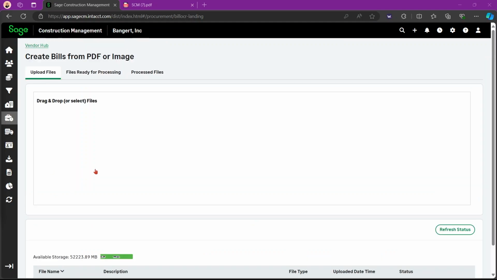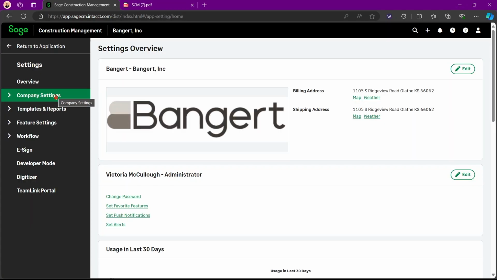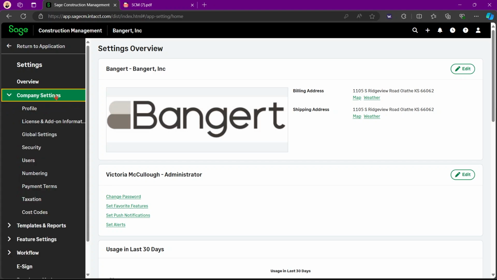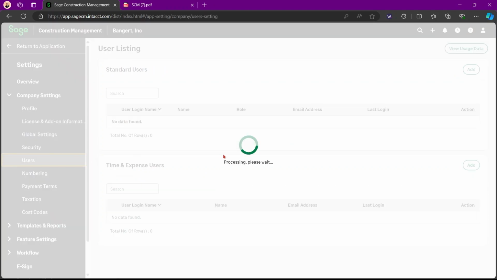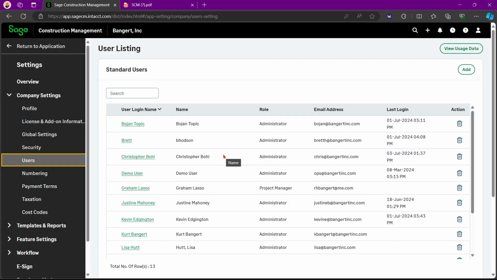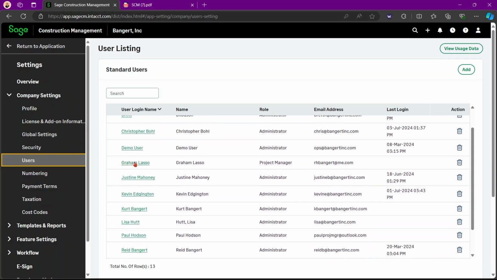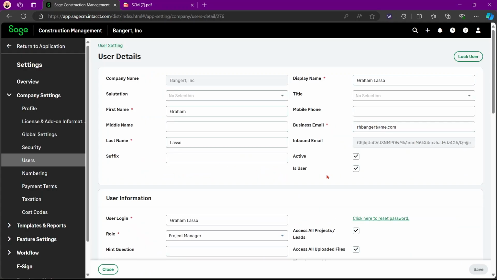There have also been some user permissions improvements. To get to this, we need to go to our settings, then company settings, users. Then when you're at the users, you are going to look for the required user. I'm just going to click a random one.